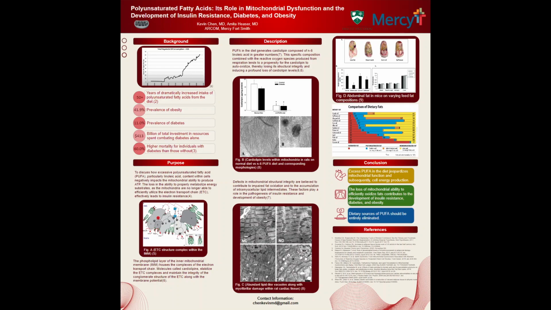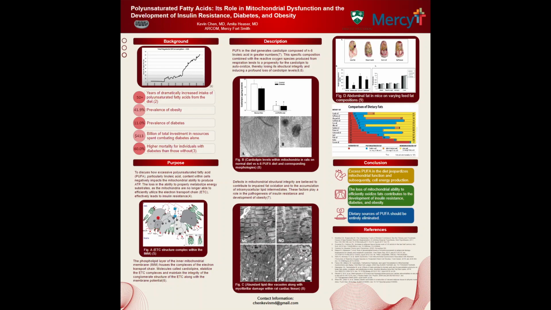Cardiolipin stabilizes the conglomerate structure of the electron transport chain, forms the cristae, and maintains the membrane potential within the mitochondria. It is like a triglyceride, but it has 4 acyl tails instead of 3. More PUFA in the diet inevitably destines its incorporation into these tails. Combined with the constant exposure to oxidative stress from respiration within the mitochondria, the cardiolipin spontaneously oxidizes, compromising its structural integrity and function within the mitochondria, and induces a profound loss of cardiolipin and a concordant reduction in ATP production